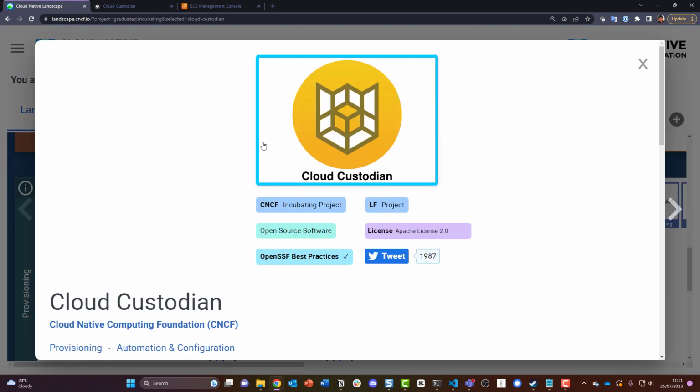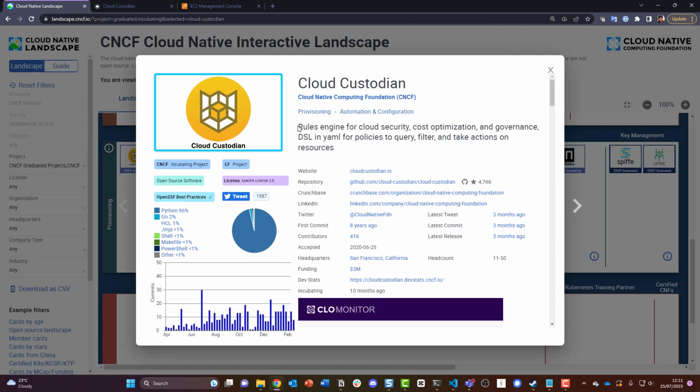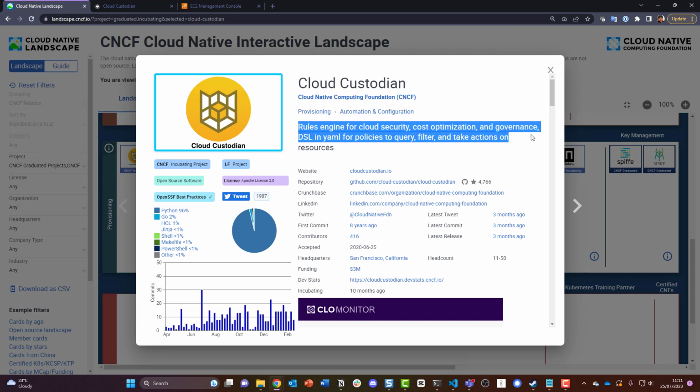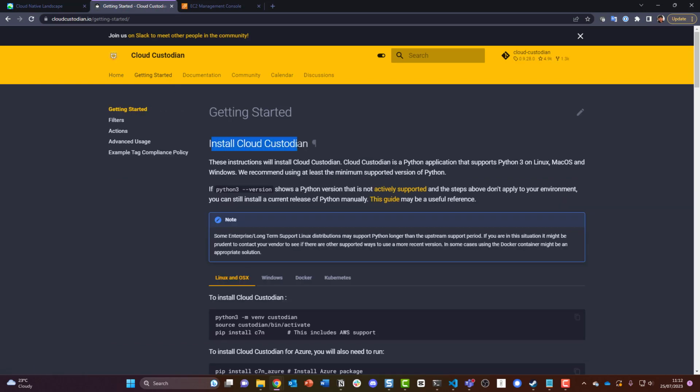So we're going to kick things off with Cloud Custodian, and from a project perspective, it's a rule engine for cloud security, cost optimization, and governance. And I'm going to run through a little demo that gets our hands on with the actual project itself, mostly around governance, but you can see how this works with everything else as well. Interestingly enough, it works across clouds as well. It's not just Kubernetes, so I think that's quite interesting as well. Some great getting started guides, it runs on Python, so